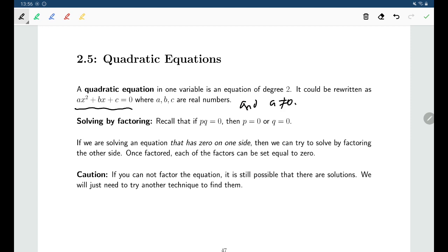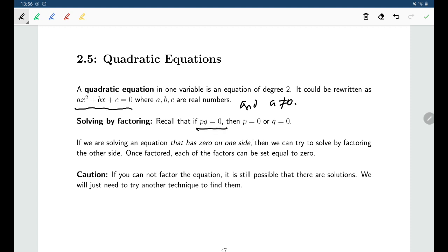Okay, so ways to solve quadratic equations. There's 3 ways that we're going to look at. In this video, in the first half of 2.5, we'll look at solving by factoring, and in the second half of this lecture, in part 2, we'll be looking at using the completing the square method, as well as using the quadratic formula. So to start, by factoring, this is basically using the zero product property,